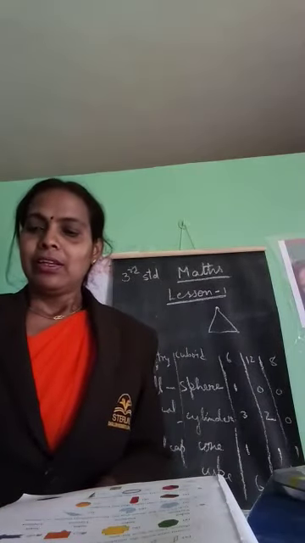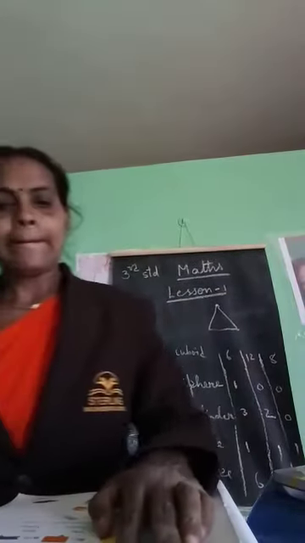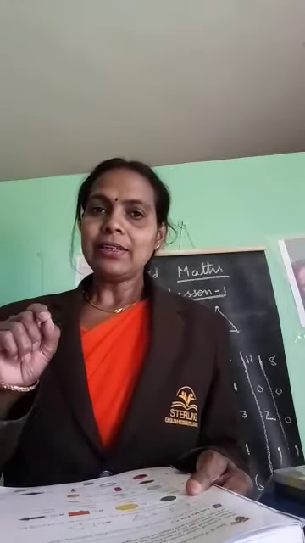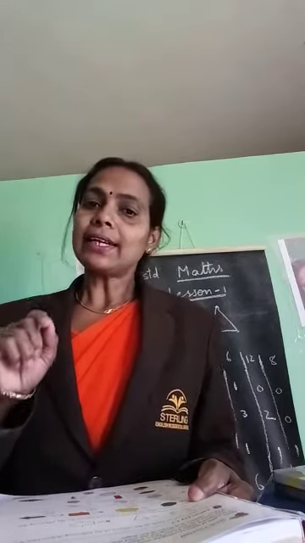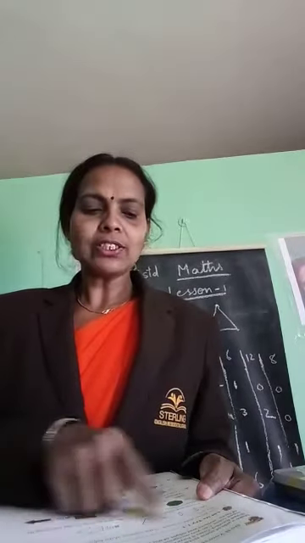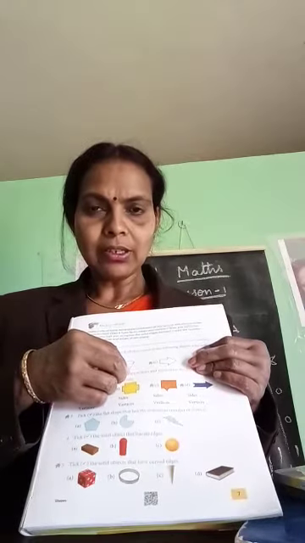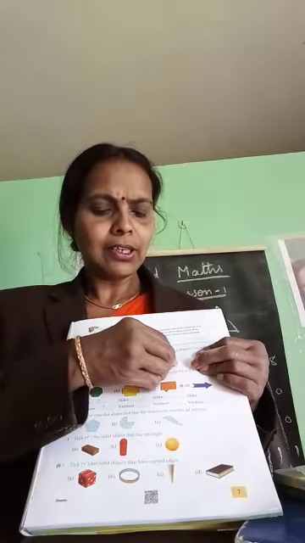Now you have to do it yourself. See here. You have to take a green color pencil. Take color pencil, don't take sketch pen. Now use green dot to mark all the vertices of the following shapes. One is done for you. See here, where corners are. Vertices means corners. You have to mark with green color. First one they have done. Second one, this is the corner. Third one, here one corner, one corner, one corner. Here, here, here you have to mark.